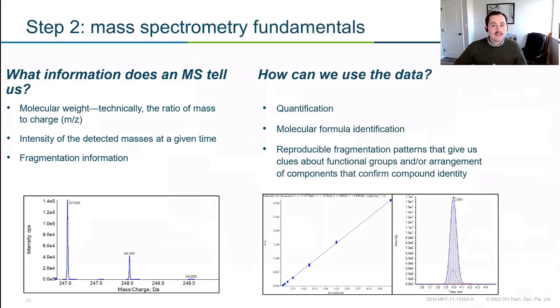But first, what kind of data does a mass spec give us? In the simplest terms, the mass spec is really looking at a mass. We're reading a mass and we're getting an intensity at a specific time. And I say mass or molecular weight, but really it's an M over Z. So it's the molecular weight over the charge. And we'll go over what that means in a little bit and give some examples of that. But since we're talking about MS in this talk, we'll also have some fragmentation information.